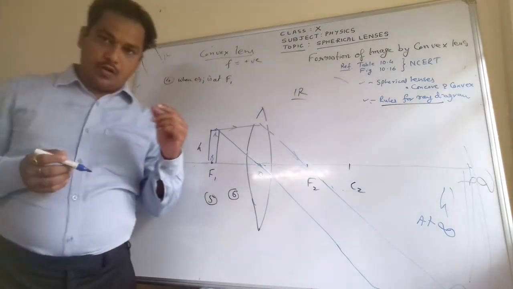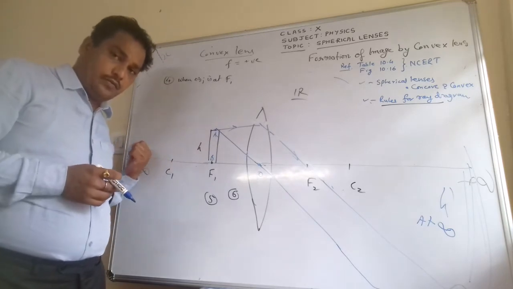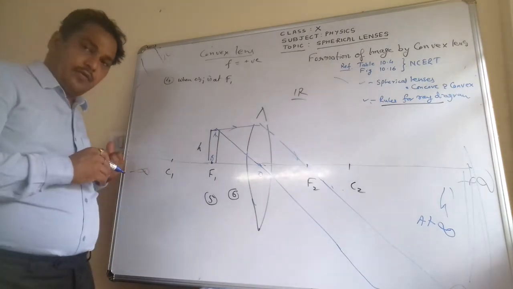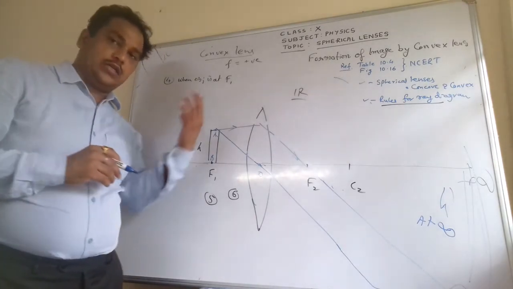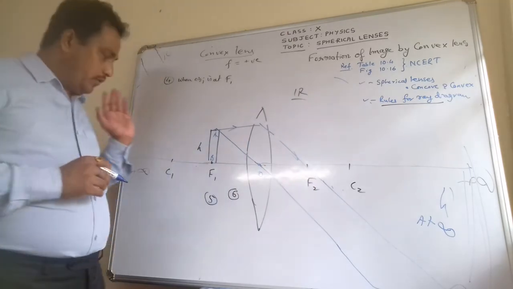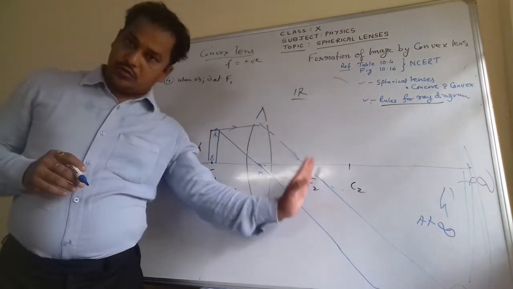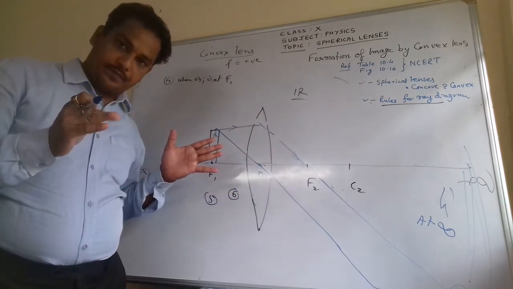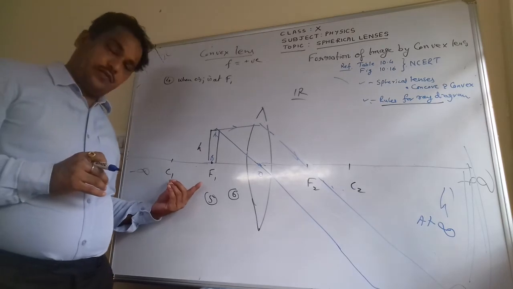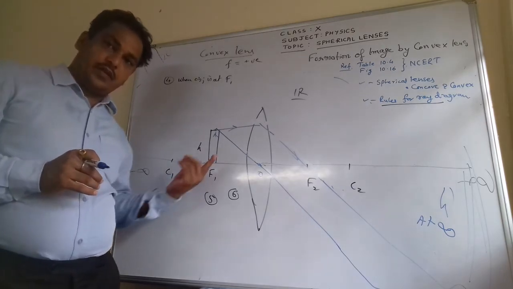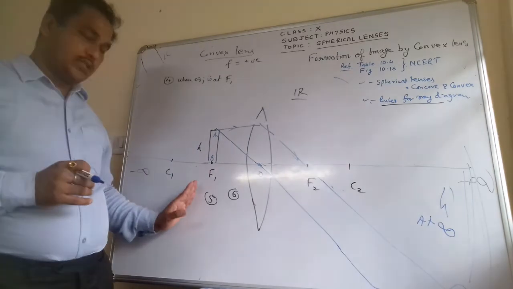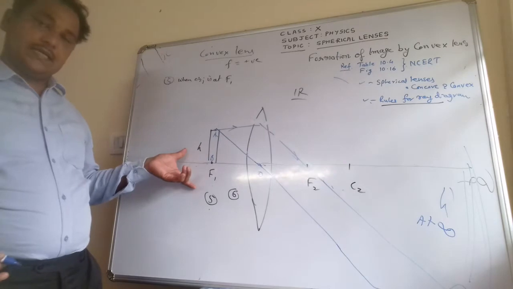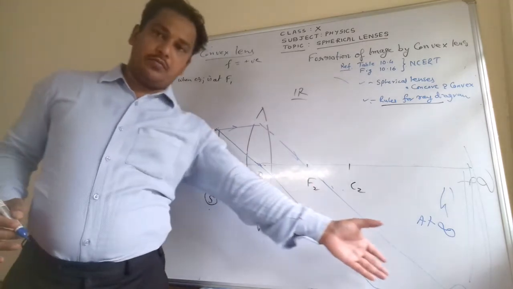So what you have observed: when the object was at infinity, the image was formed at the focus in the first case. Second, when we brought the object beyond C, the image was formed between C and F. When the object was at C, the image was also formed at C, of the same size. So gradually the size is increasing. And now the object which was placed between C and F, the image was formed beyond C. After that, in the fifth case, you have observed that when the object is at focus F, the image is formed at infinity